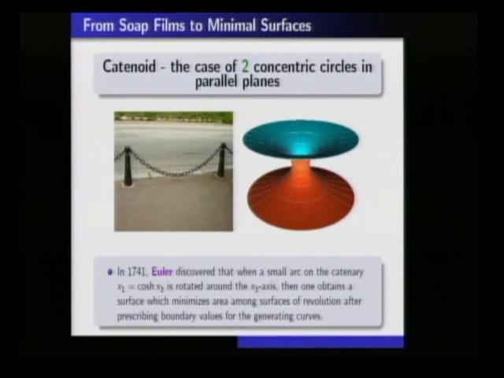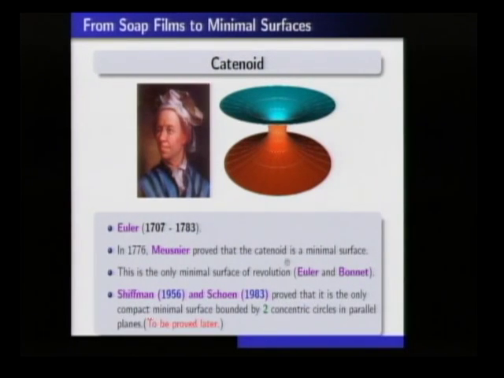It follows that kind of curve. Okay, so Euler discovered that when you take something like this and take a part, so it doesn't hang very far down, then that turns out to be a surface of revolution of smallest area. So somehow we started with that. Okay, then we have these other things.